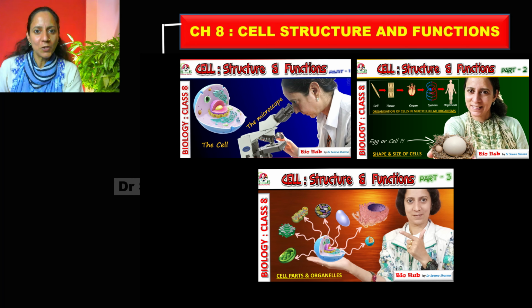These are the learning objectives of this video. First, the special features of plant and animal cell. Second, the basic differences between plant cell and animal cell. Third learning objective is that you're going to observe the basic components of plant cell in case of onion peel. And fourthly, you are also going to observe the basic components of an animal cell with the help of human cheek cell. So stay tuned and watch this video till the last.